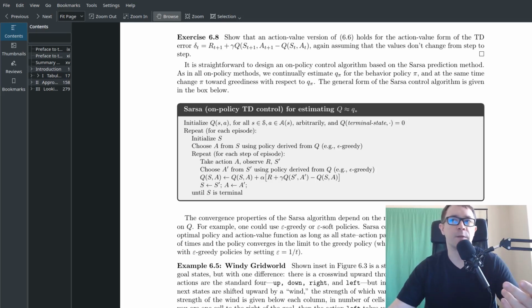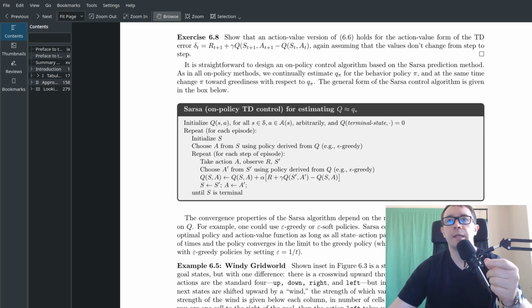So we're going to want to loop over some number of episodes, which we already have. Initialize the state, already got that. Choose action A from S, meaning choose an action based on whatever state you start in, using policy derived from Q. In other words, an epsilon greedy strategy. Epsilon greedy just means that some percentage of the time you pick a random action, and the majority of the time you pick a greedy action, which is the best known action given you're in some state. So that action selection takes place before the start of the episode, and then you want to repeat for each step of the episode. So take that action, observe your reward and new state, choose another action using your policy derived from Q, e.g. epsilon greedy,